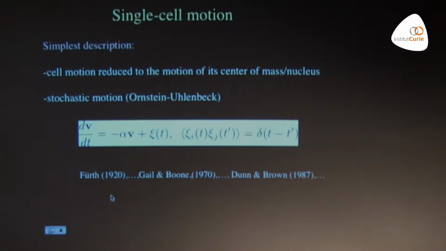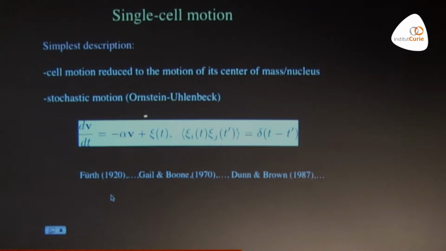Okay, so now, as Hugues said, there are all these kinds of things, but for a long time, starting with Fürth in the 20s, people have tried to describe cell motion in a reduced way. If you are interested in a larger scale, you may not need to describe all the biochemical detail to start with. The description that was proposed already in the 20s, and then studied a lot also in the 70s, is just